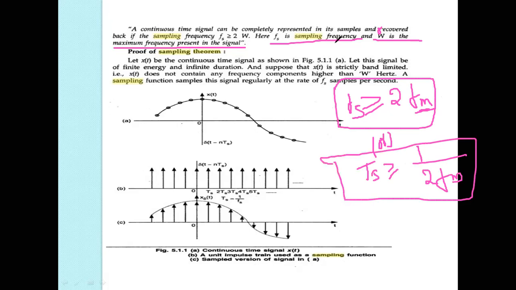You can write the definition like this: the continuous time signal is completely represented in its samples and recovered back if the sampling frequency Fs is greater than or equal to 2 omega. Here Fs is the sampling frequency and omega is the maximum frequency present in the signal. Here the maximum frequency is Fm. W is equal to Fm, not the message here, my dear students. It is the maximum frequency. Another way, the definition of the sampling is the signal